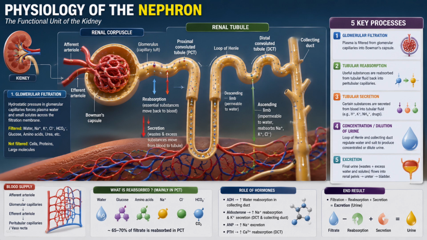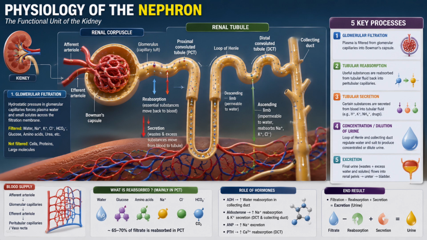Blood enters through the afferent arteriole into the glomerulus, a network of capillaries. Hydrostatic pressure drives plasma water and small solutes across the filtration membrane into Bowman's capsule. This process is known as glomerular filtration. Water, sodium, potassium, chloride, bicarbonate, glucose, amino acids, and urea are freely filtered, whereas blood cells and plasma proteins are